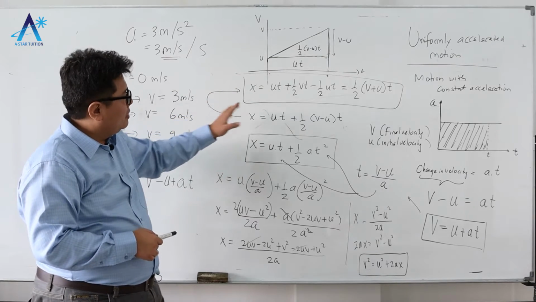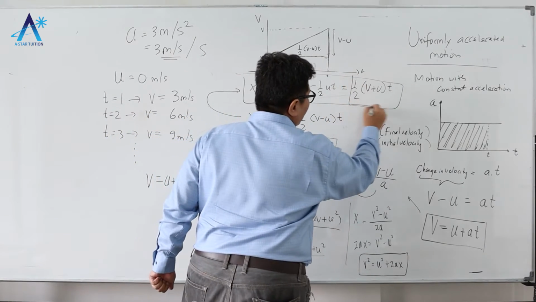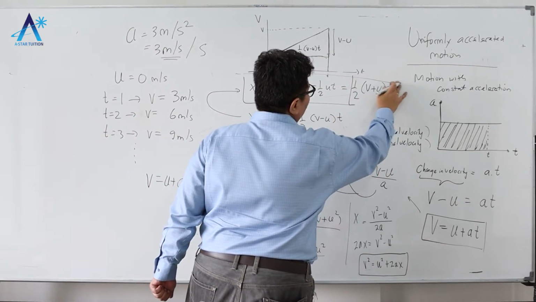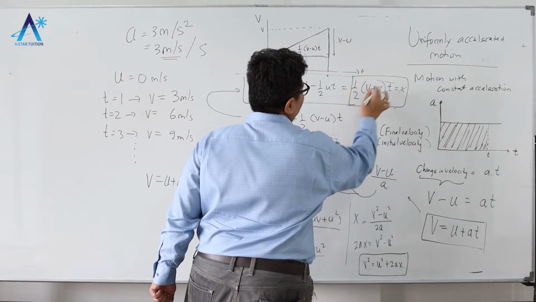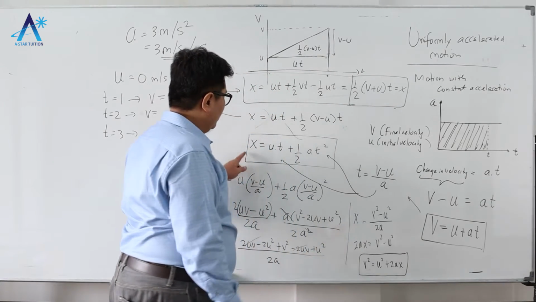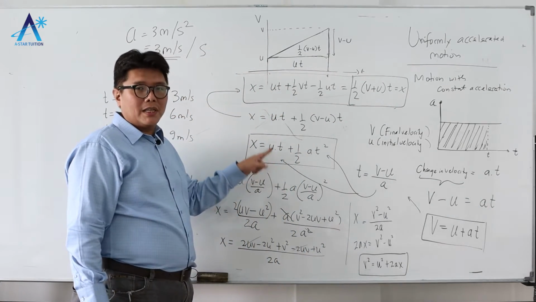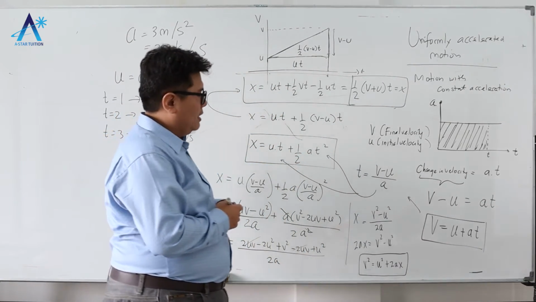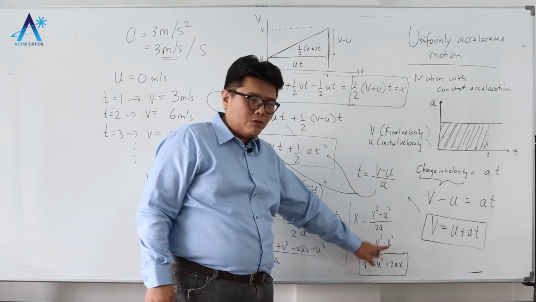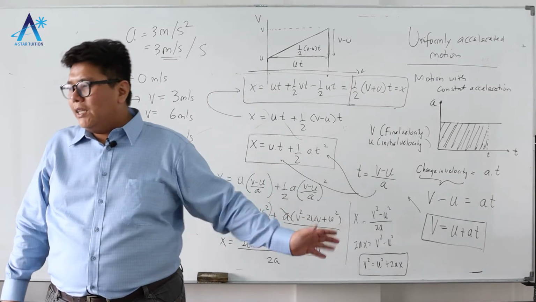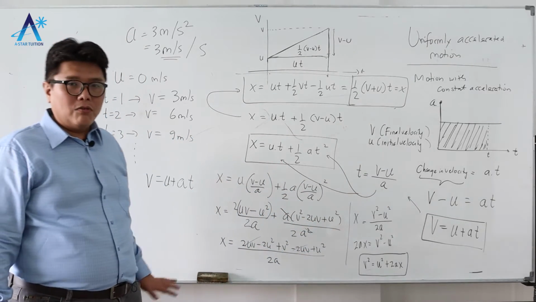So let me just summarize: half of phi plus u times t equal to x, okay, and then x equal to ut plus half at square, and phi equal to u plus at, and phi square equal to u square plus 2ax. Now, in general, you do not have to memorize these formulas, because